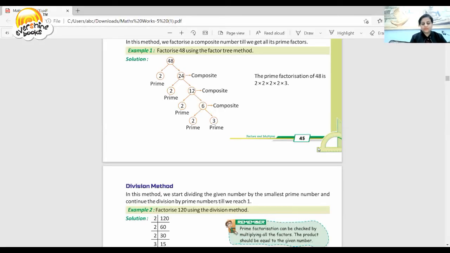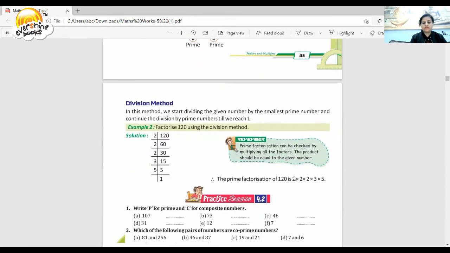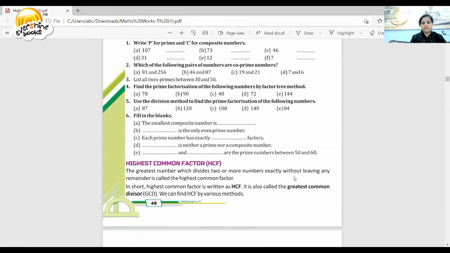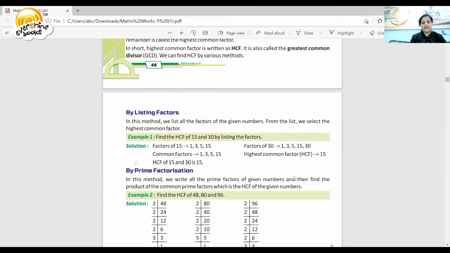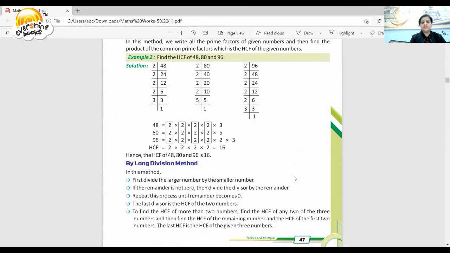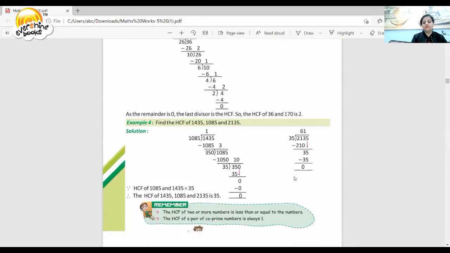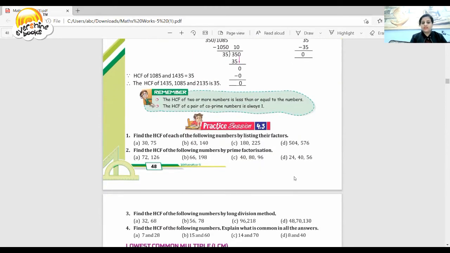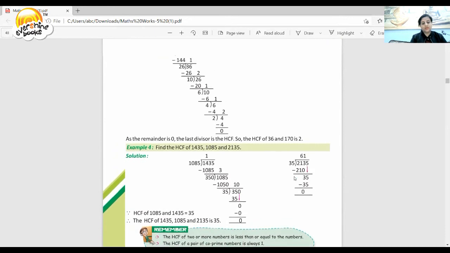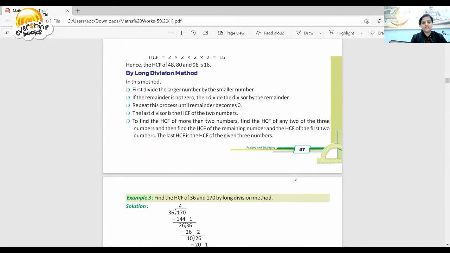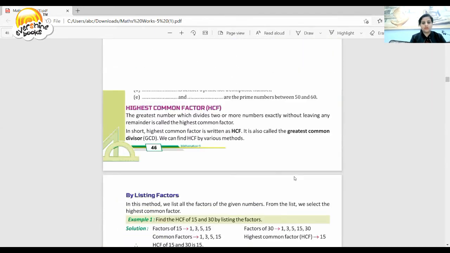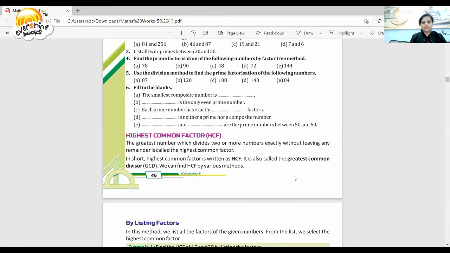Now from this side you are also going to do all the sums likewise. Okay, here the composite numbers and prime numbers are also given, so you will do like that only, and this will come as an HCF when you do it in the long method, that is always called the division method also. So in that case you have done your fourth point also.